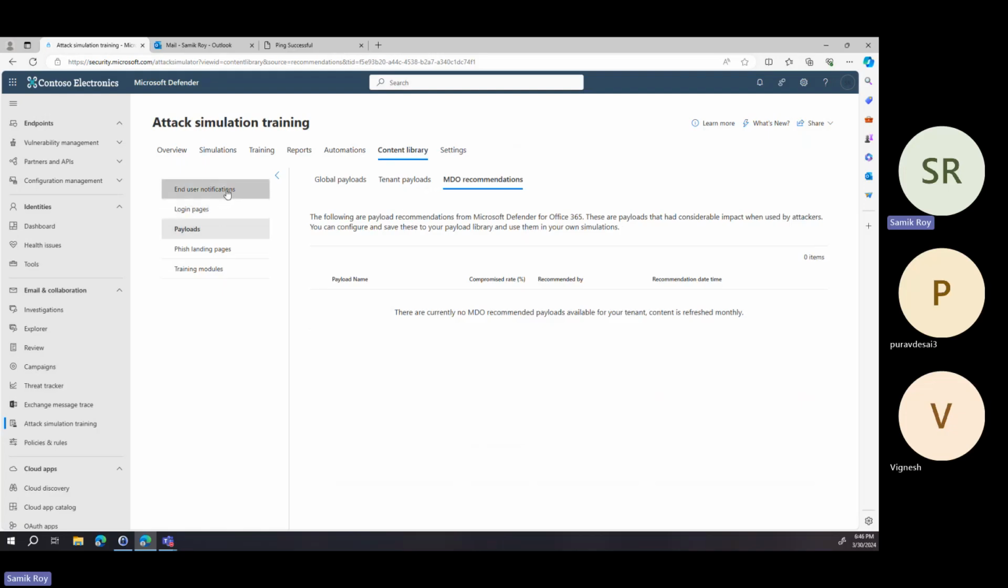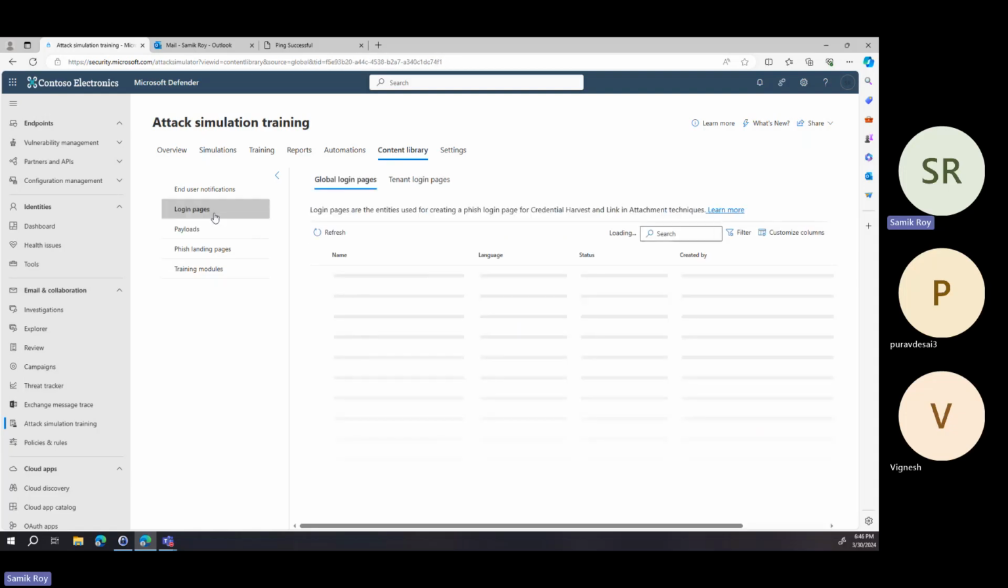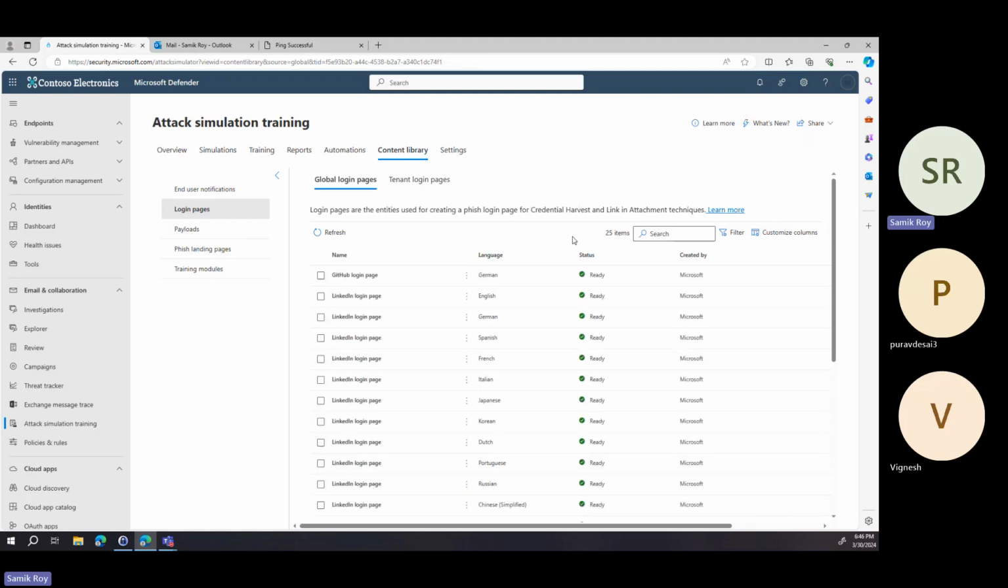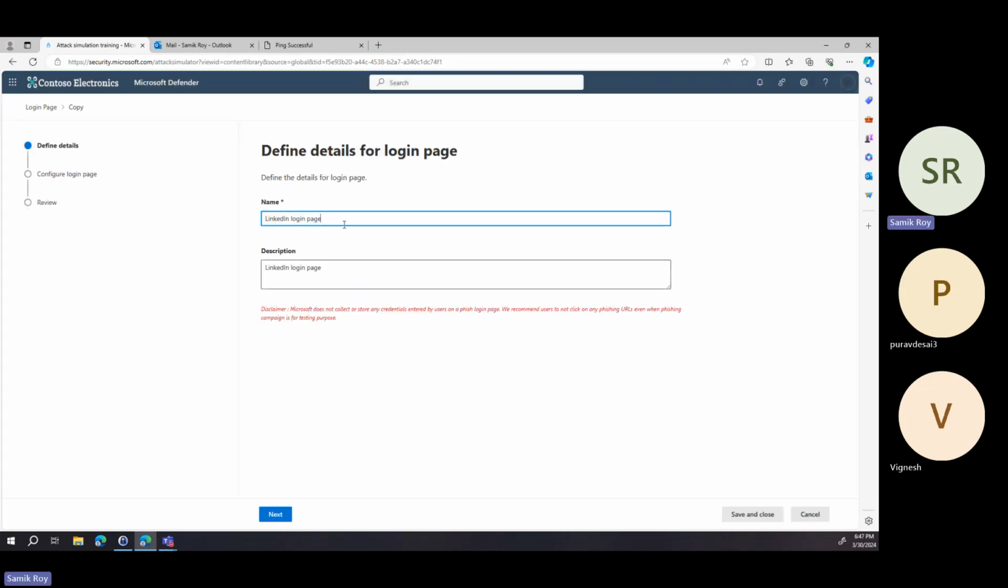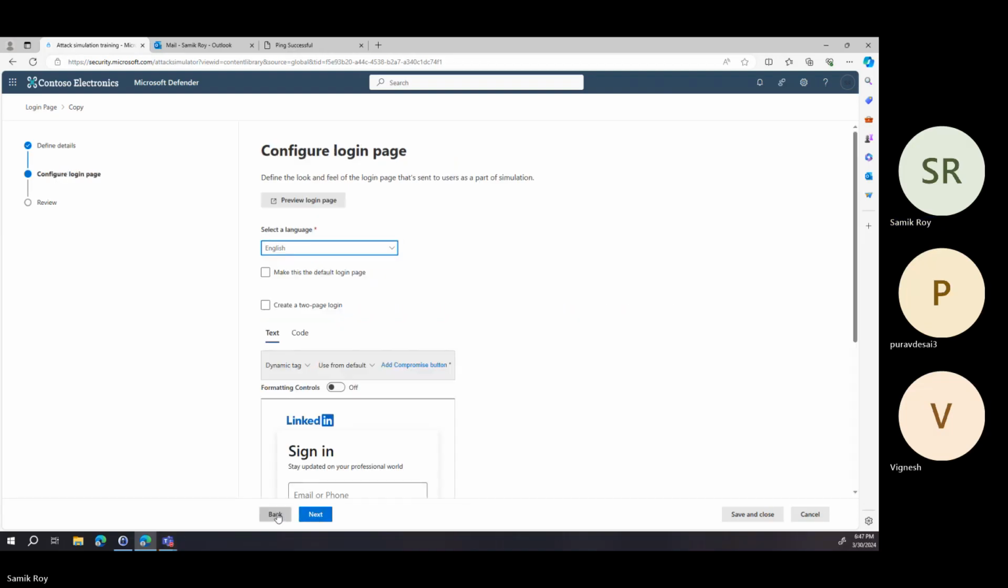Now, on the left hand side, as you see in the content library, we were brought into payloads, but we also have another content library for other things like login pages. For example, you're building a phishing attack and you want it to have a login page which is very, very customized for your own, right? So let me try to create a LinkedIn login page, create a copy. So what's going to happen is, I'm not really doing super UI stuff here, but let me create a LinkedIn login page, go to next,